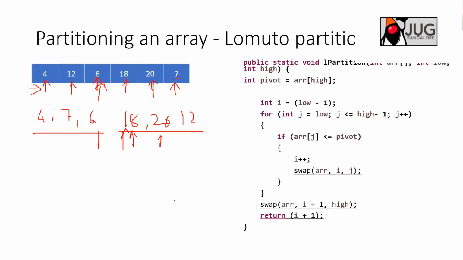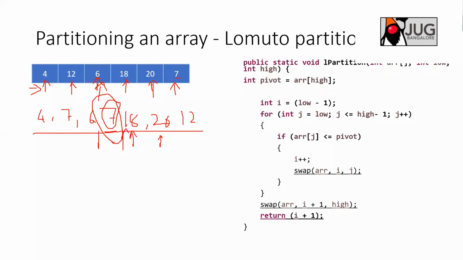Many cases that will be used as an index for further sorting. And if you take larger elements, which is not required, Hoare partition works much better in that case. In Lomuto partition, you saw the pivot element will be placed exactly in the middle, in the sense that it got its right place. If you see that index, 7 is already at the place where it has to be. So irrespective of the left and right elements, which can be further optimized, 7 has already got its right position.